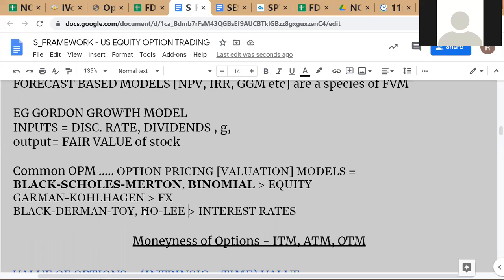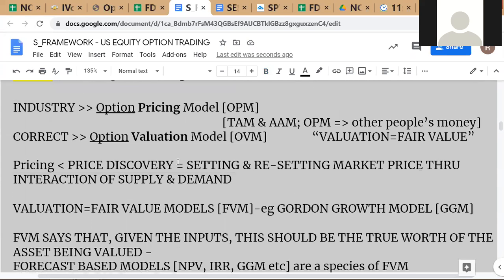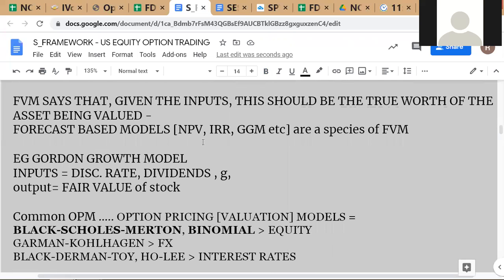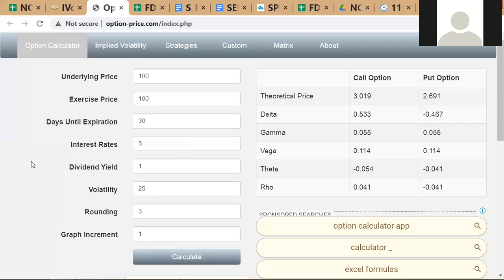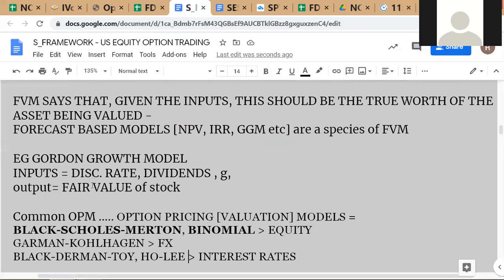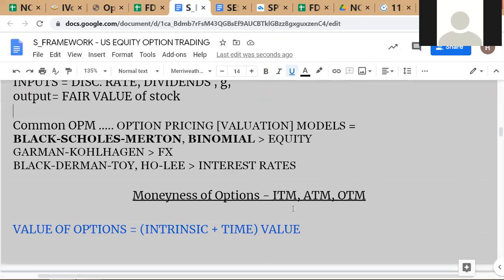Okay. But mainly what you have to understand is that what industry calls option pricing models are actually option valuation models, right? This is a very brief introduction to option pricing and valuation models. Just wanted to get you into the discussion because we are already referring to these things, all right? So now you understand where the subjectivity comes from. It's because this input, the vol input, is a subjective estimate of what will happen in the future. Right. So this is basically all we have in this little sub-module.